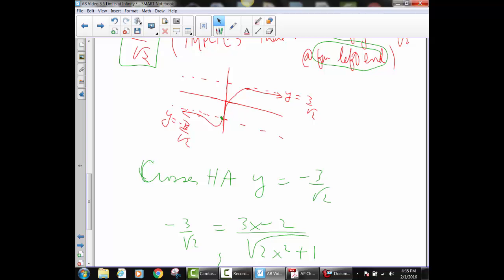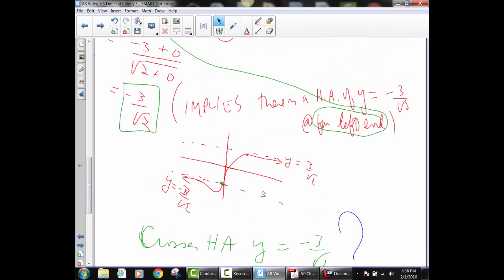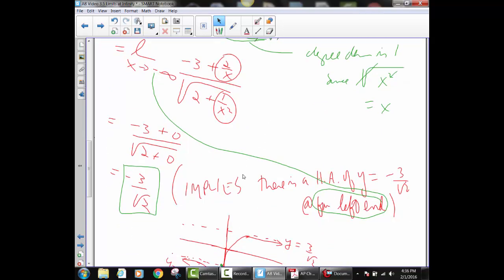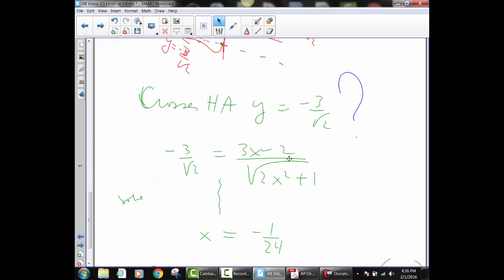But a horizontal asymptote is the behavior at the far right end and/or at the far left end, and has really nothing to do with what's happening in the middle. To check if it does cross the horizontal asymptote, you're asking yourself, does it cross the horizontal asymptote of y equals negative 3 over root 2? So what you do is you go back to your equation, which was y equals 3x minus 2 over the square root of 2x squared plus 1, and you set that equal to that horizontal asymptote value